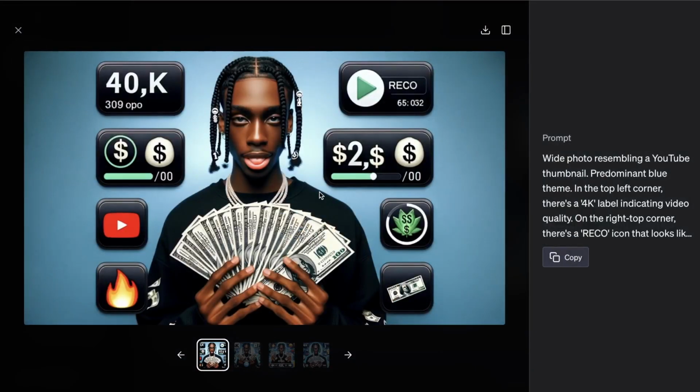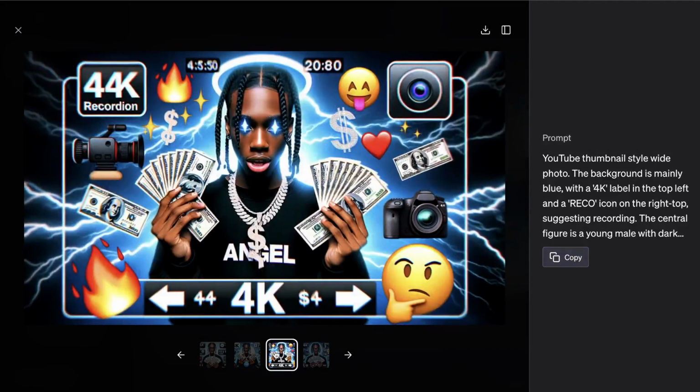And these are the second set of thumbnails. And as you can see, this is a lot better. I really like this image. We can probably go ahead and remove some of these icons here to make it a little bit cleaner. But as you guys can see, we're able to create a pretty high quality thumbnail. Of course, it needs a little bit of a manual touch, but we were able to create that in less